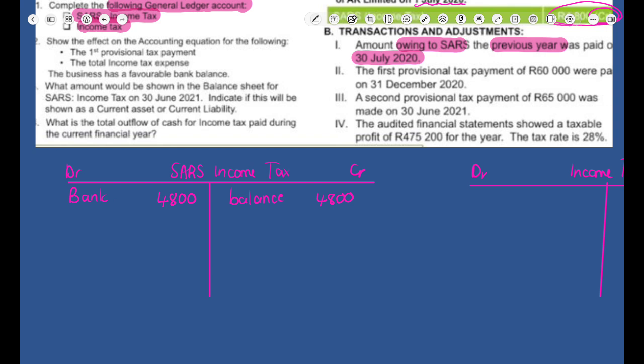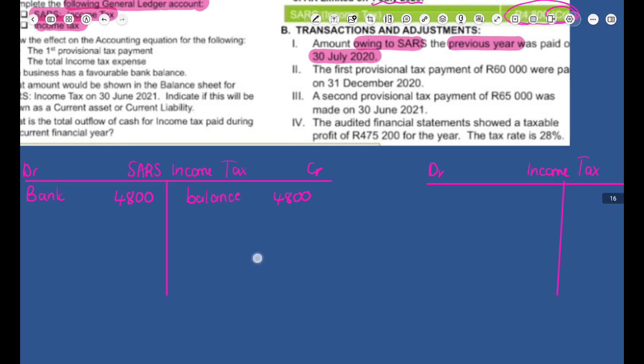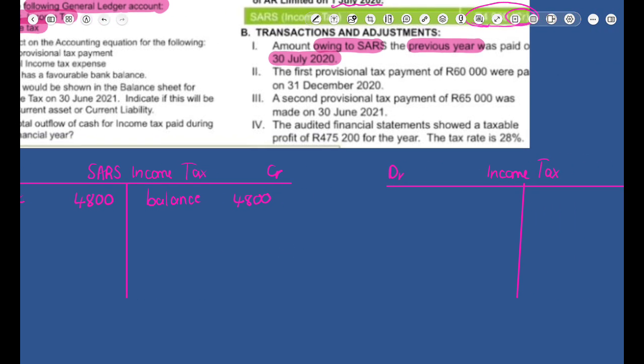Because we paid, the contra account is bank. So that's how we deal with whatever we were owing to SARS last year. We paid it off in the new year, so we cancel it by writing it on the opposite side. Then the next thing was that the first provisional tax payment of 60,000 was paid on the